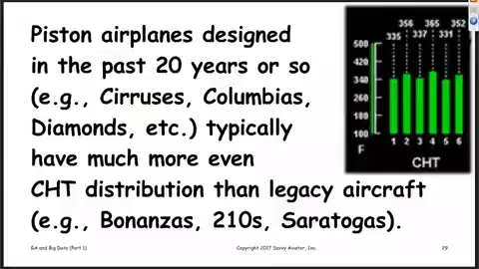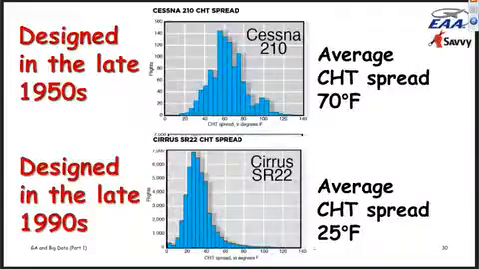And so Chris did some analysis where he compared a group of Cessna 210s, which is kind of a legacy airplane designed in the 50s, and Cirrus SR-22, which is a much more modern airplane that was designed in the late 90s, and came up with, again, the following distributions, which pretty much confirmed my